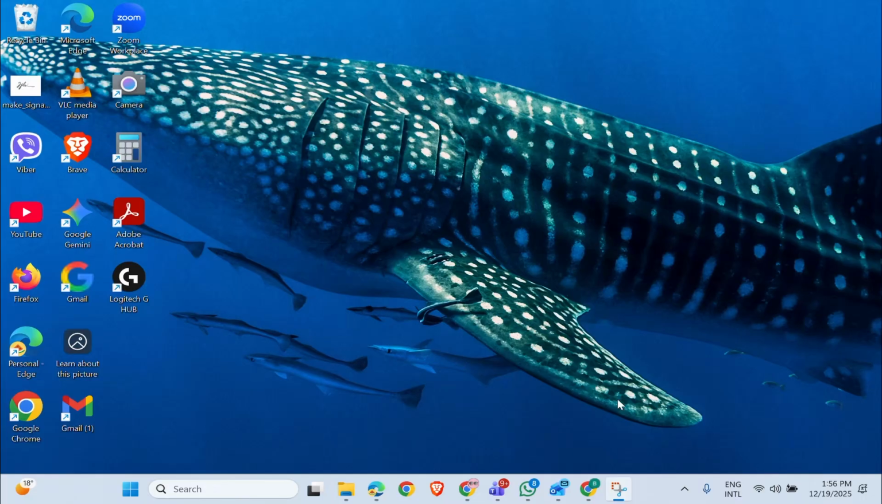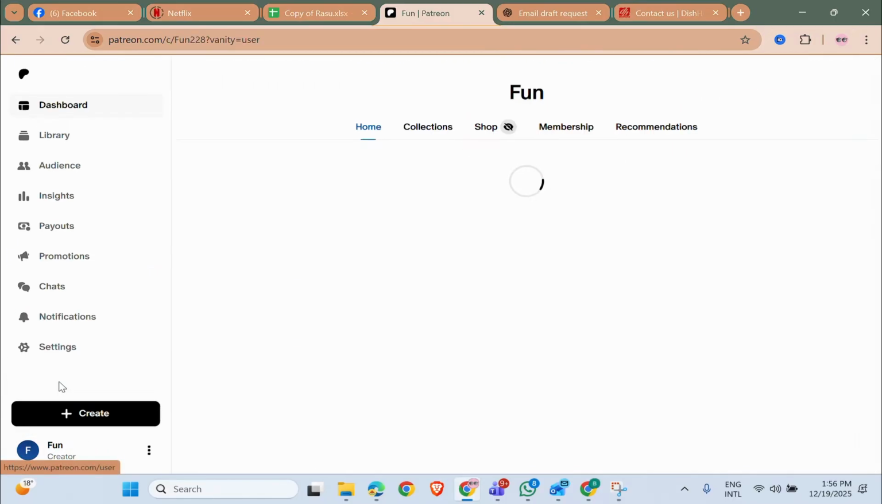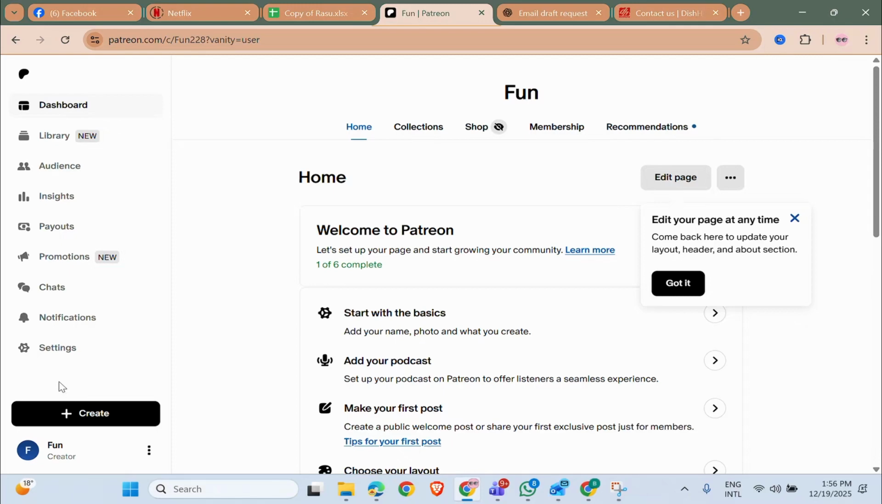First things first, head over to your browser and go to your Patreon. Now, if you want to change your profile settings of your creator page, then go to the member option at the bottom and then go to creator. Now, what you need to do is go to edit page,